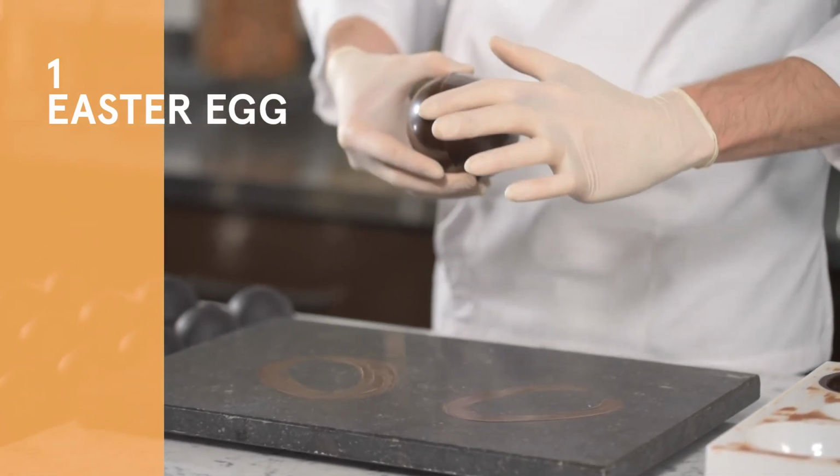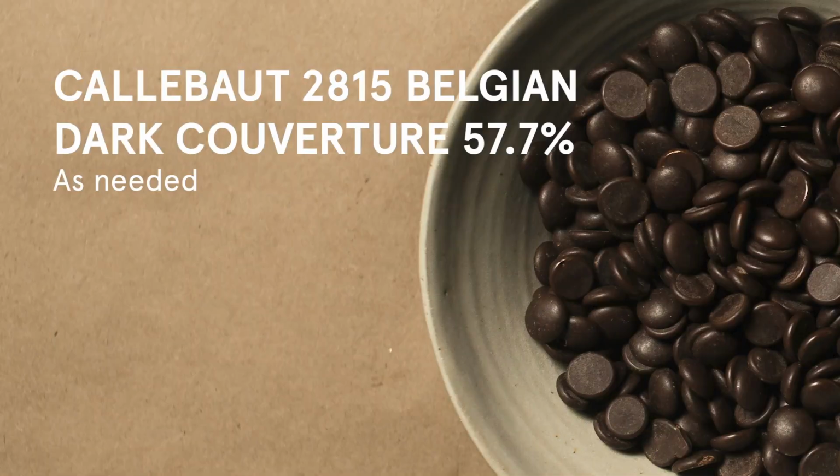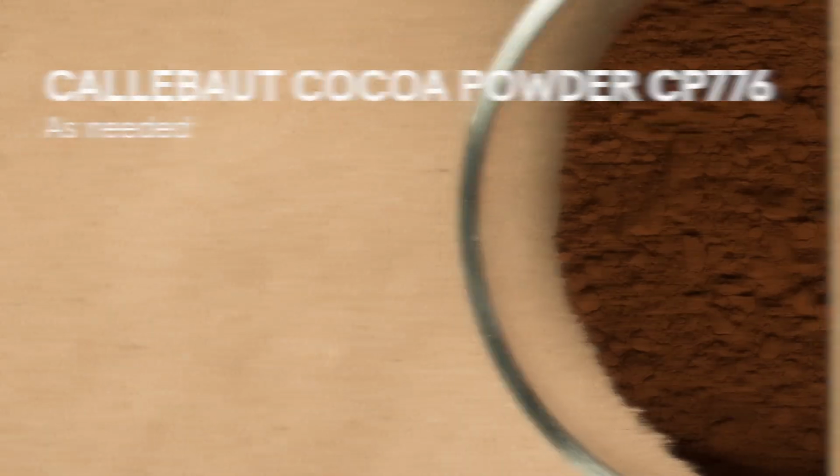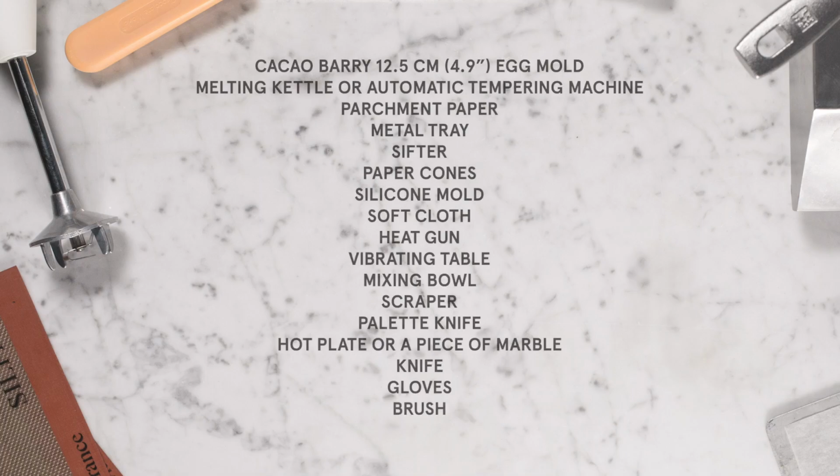For the ingredients we will use: as needed, Callebaut 2815 Belgian dark chocolate. As needed, Callebaut dark chocolate blossoms. As needed, Callebaut cocoa powder. As needed, IBC gold powder. For the tools we will use: